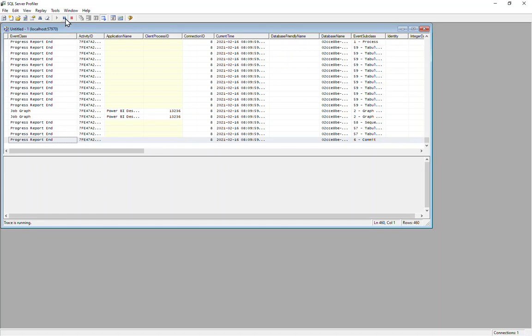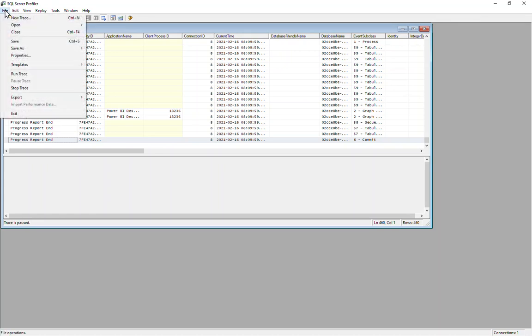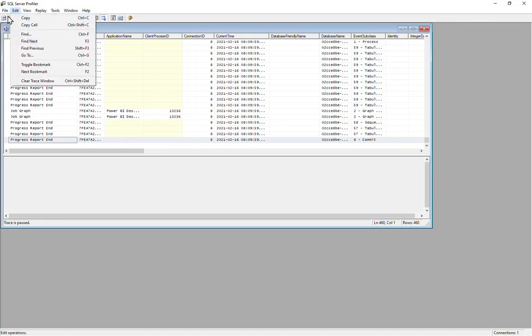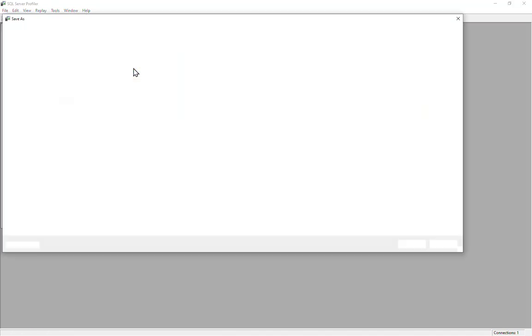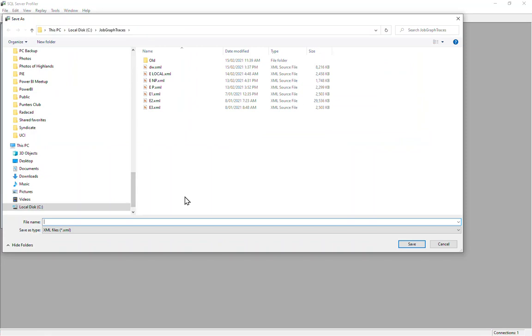So we can pause or stop that. And the idea now is we can save this trace as a trace XML file. This is one of the really important things you need to understand and follow. Don't save it as a trace file, save it as a trace XML file, and we'll save it somewhere locally on our machine. So we'll call this demo1.xml, and this is the file we're going to go and pick up and collect from our